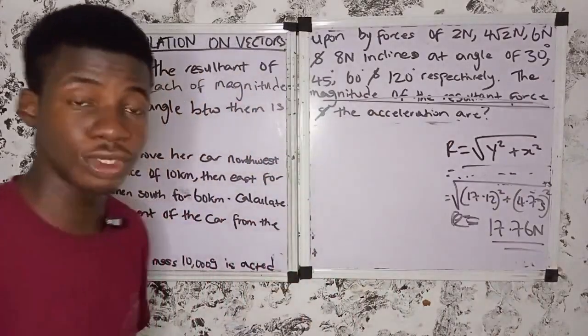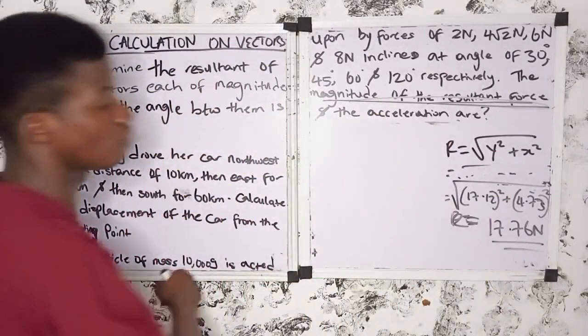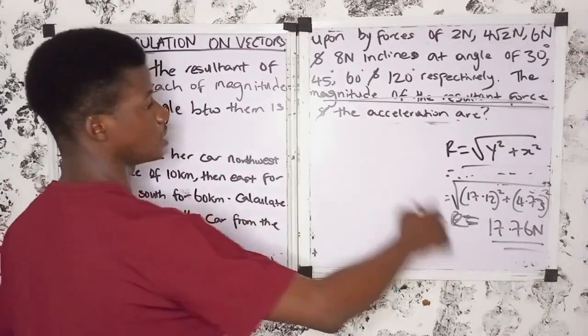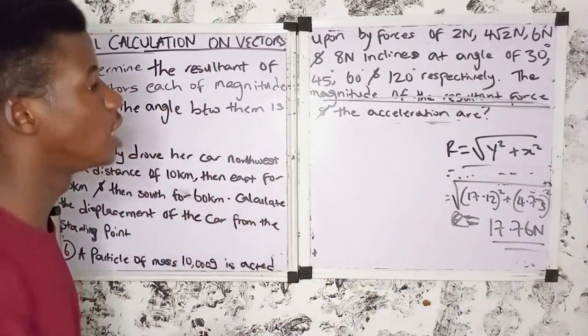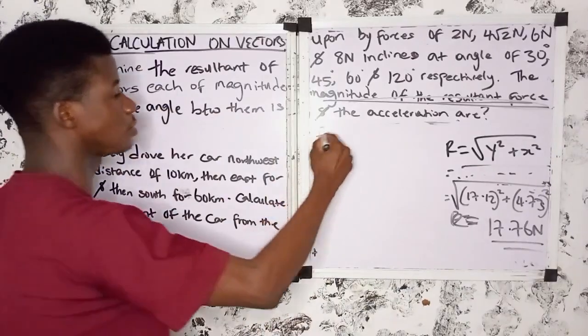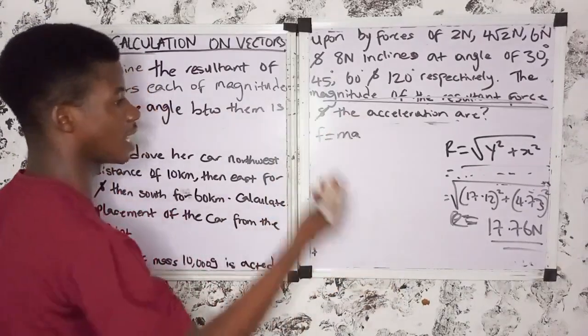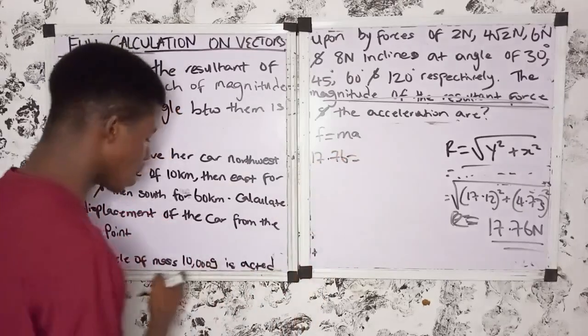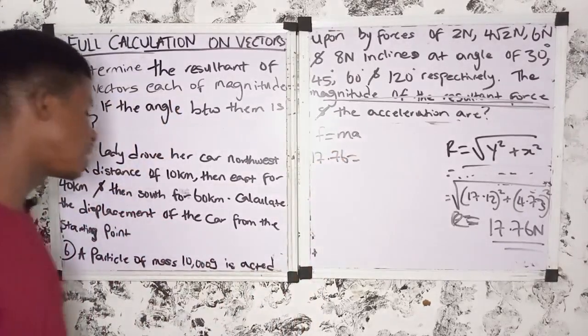How are we going to look for acceleration? Remember, they gave us the mass, and we have gotten our force already. Now we are going to use these two parameters to look for acceleration. Remember, force is equal to mass times acceleration, right? Since our force is 17.76, it is equal to our mass, which is